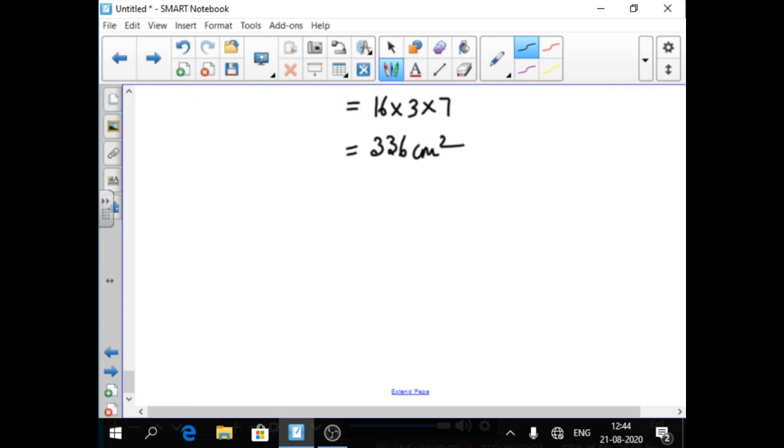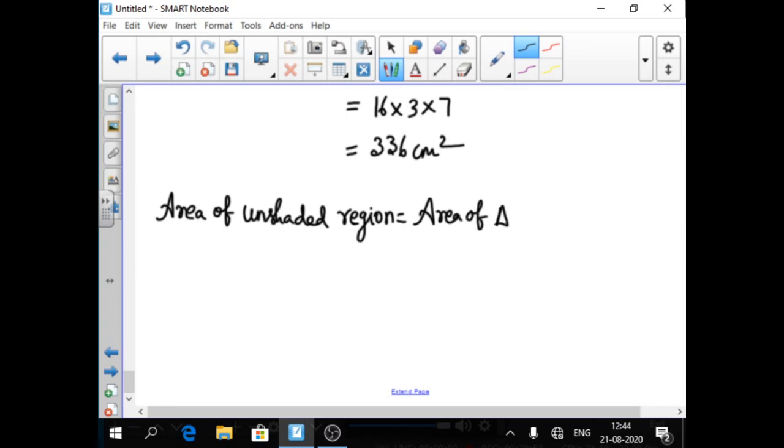Okay. So now we are going to find the area of unshaded region. Area of unshaded region. Shade பண்ணாத part. Unshaded na shade ஆகாத part. Okay வா. So shade ஆகாத part na என்ன பண்ணலாம்? பெரிய triangle இருந்து சின்ன triangle subtract பண்ணணும். Okay. So that is area of triangle ABC minus area of triangle ADB. Okay வா. So already நம்ம area of triangle ADB find out பண்ணி வச்சிருக்கோம்.